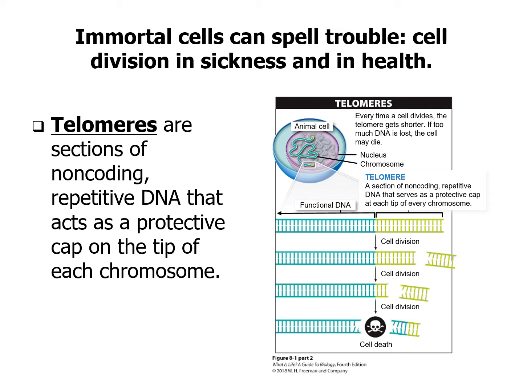Telomere length is going to change as you go from an infant to being older. Your body is going to need to experience more cell division as you are growing as a child, and just to give you an idea, your telomeres when you're an infant are able to have about 80 to 90 cell divisions occur before they experience cell death. Meanwhile, when you're about 70, you'll only have telomeres long enough for about 20 to 30 cell divisions. So things really start to slow down as you get older.